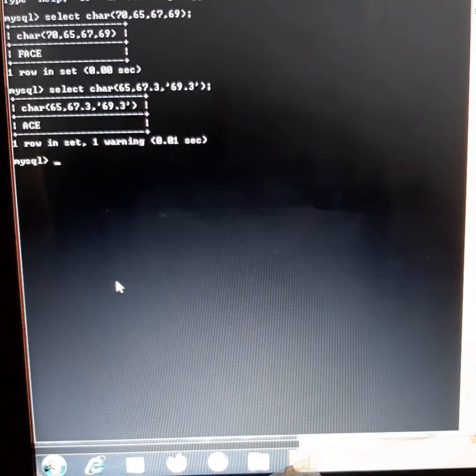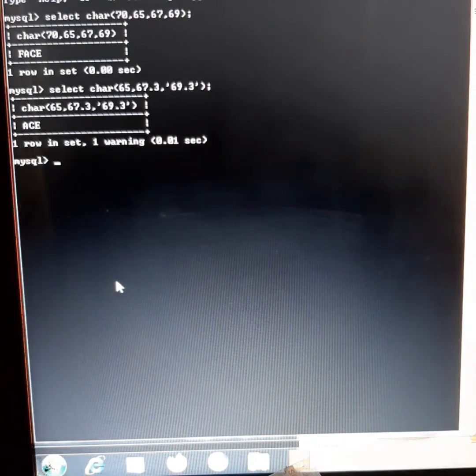Then comes the next function, that is concat, which is used to join two strings. And example 3 is saying that if there is a table and we have to concatenate the students' names, which are having an age of 14 or 16. So name and age should be concatenated.